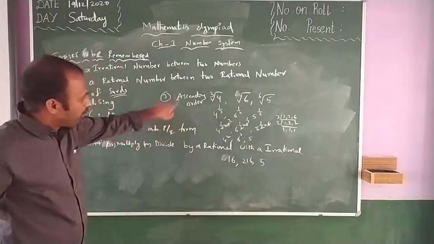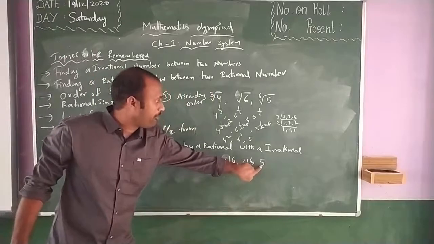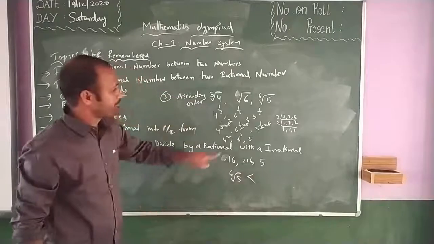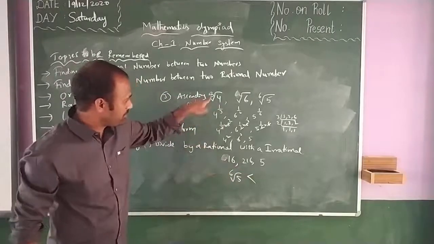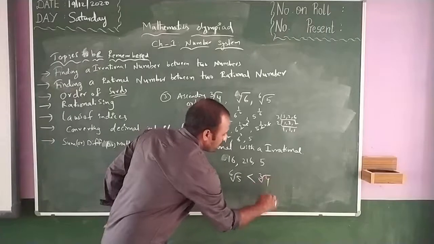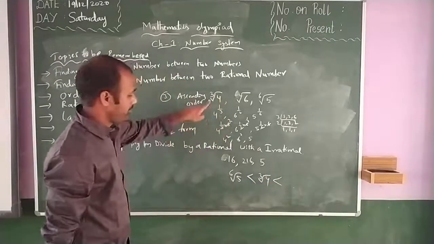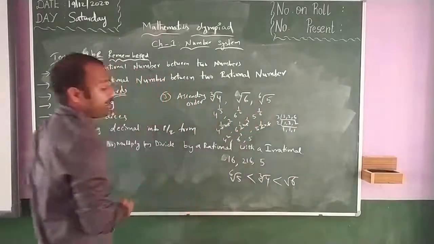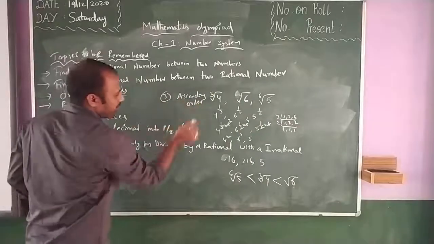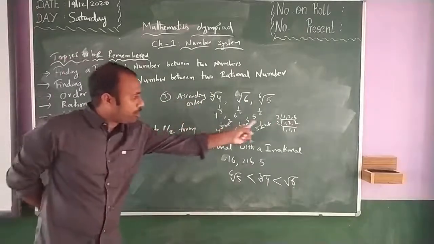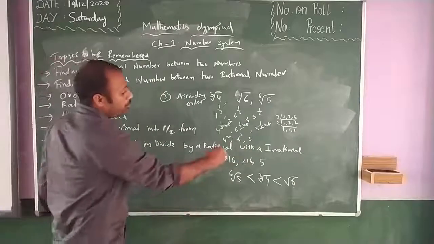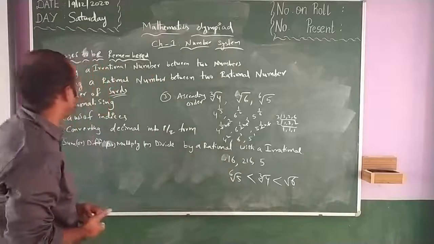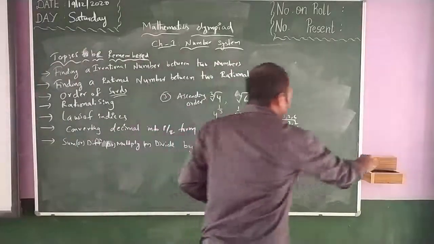So in these 3, if I want to arrange in ascending order, 5 will come first, it means 6th root of 5 is less than the next, 16, which means cube root of 4, less than root 6. So this will be the arrangement in ascending order. In the same way we can do the descending order also. But make sure that we do the LCM and make our powers normal numbers instead of rational numbers. The next one is the rationalizing concept.